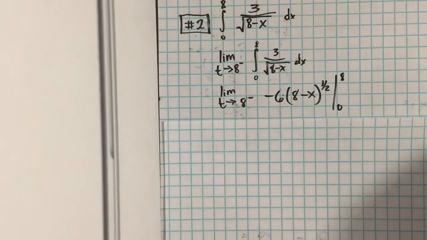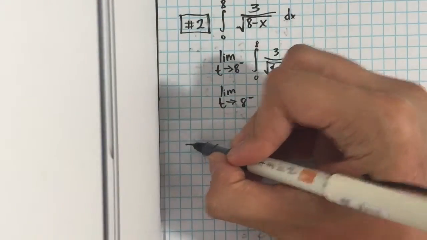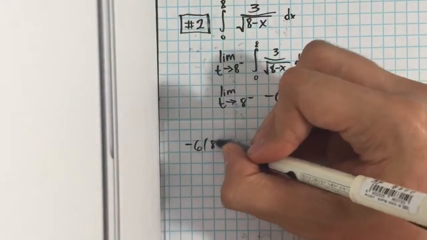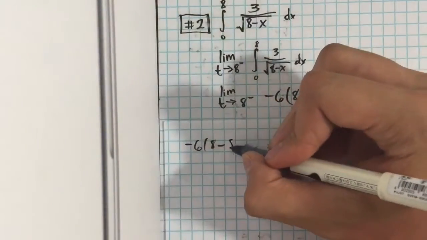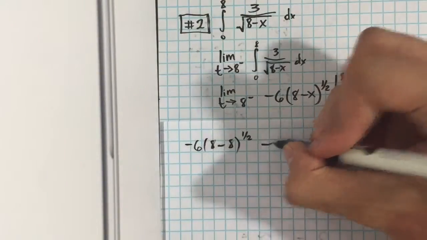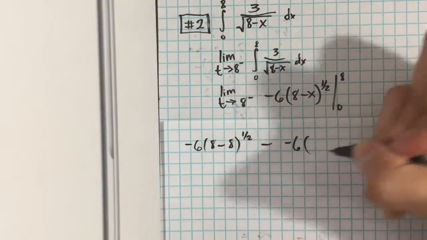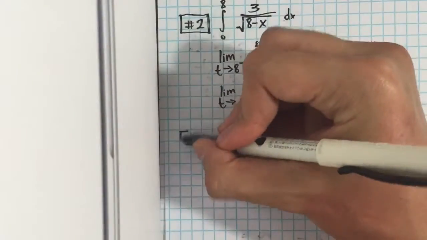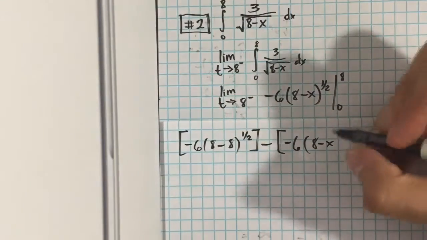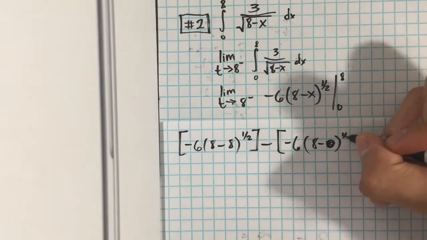Use FTC, then we'll get negative 6 times 8 minus 8 raised to the 1/2 minus negative 6 times 8 minus 0 raised to the 1/2,